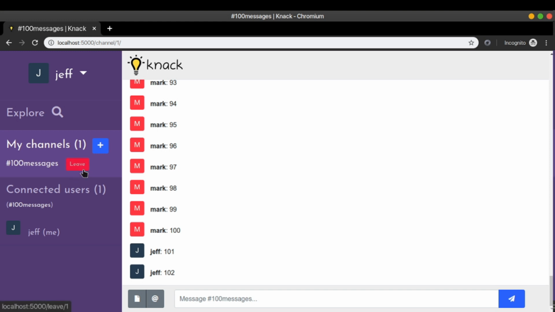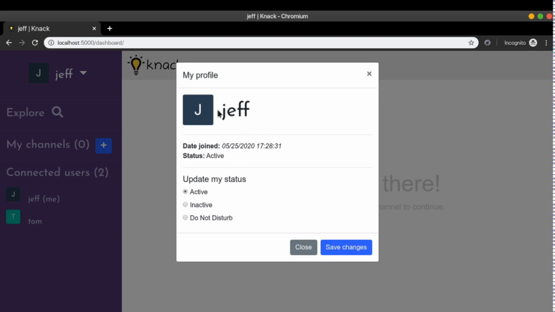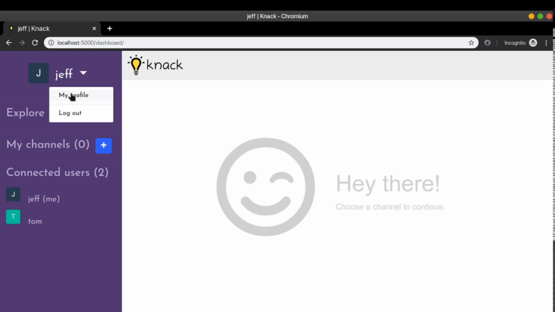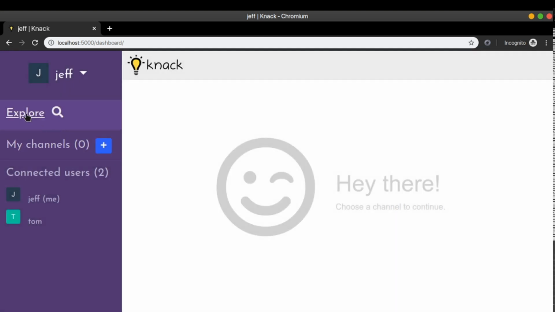And alright, so in last place, let's see another feature I added. That is that we have profiles here. So we can click on my profile and we have our information when we joined and our status. Down here we can change our status. For instance, I'll change it to inactive, and if I go over here and save changes and now go back, I can see it says inactive also here, and we can see other people's profiles as well.